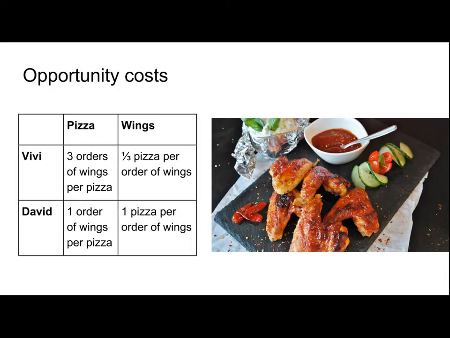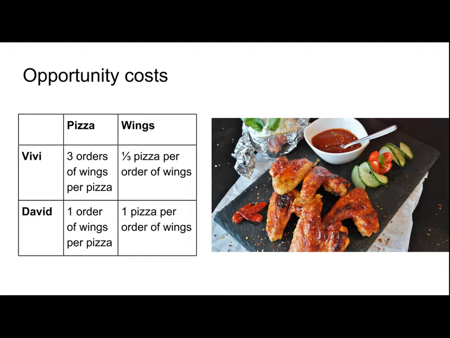Same thing, whichever productivity information you use, you can just take the ratio of the person's productivity in pizza and the productivity in wings and do the unit check to make sure you got it right, what you give up over what you get. Again, there's a screencast on that, but make sure you're solid on that skill as we go into this exam 1 in a couple weeks. Anyway, so when we compare opportunity costs, we see that